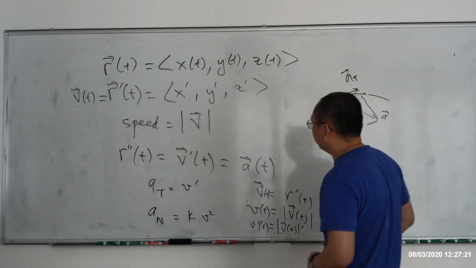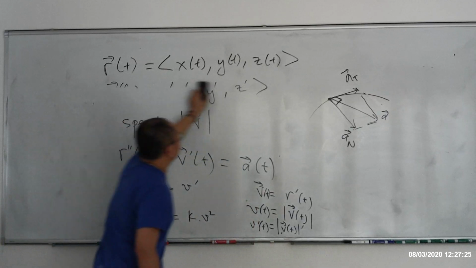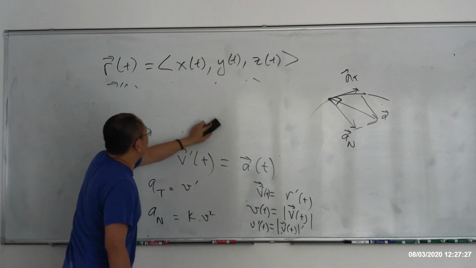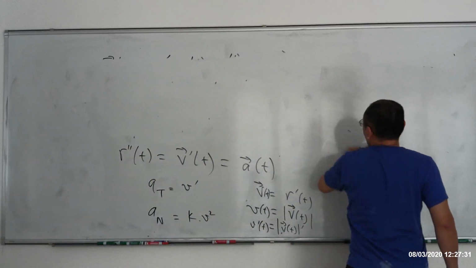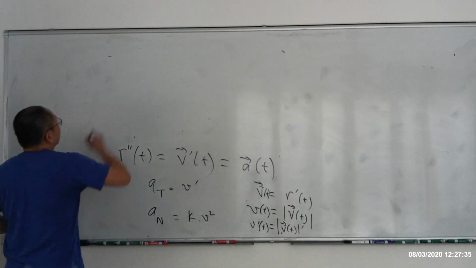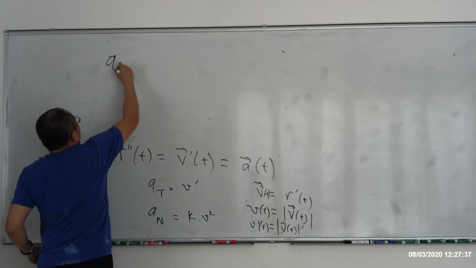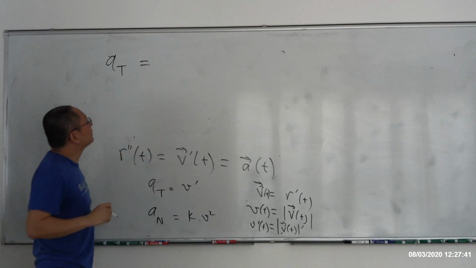Oh yeah, last one. And the book just provided it to you. There is a proof in the book, but let me just throw out a formula. All you need is the formula to do the work. The tangent part of the acceleration, this is a number, okay? It's equal to